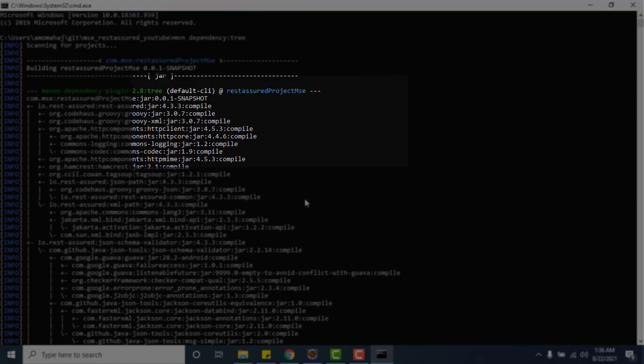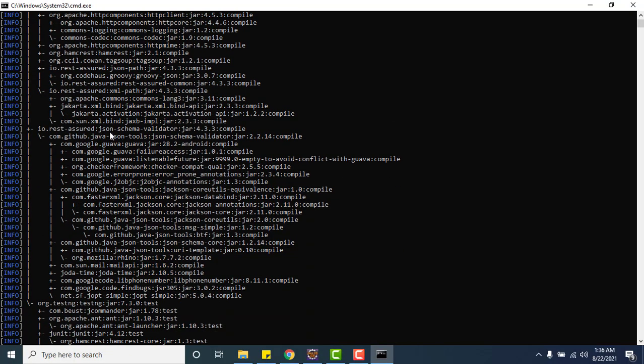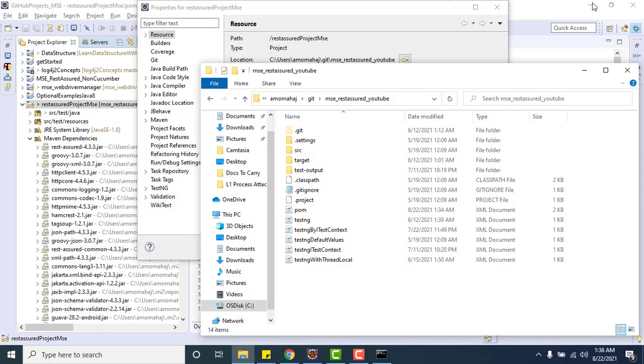Using this command we can see all the transitive dependencies. If you see here, JSON schema validator, inside this we have Jackson data bind, Jackson annotation, Jackson core. Since all the transitive dependencies are also downloaded and added to your project path, that's why we are not getting any error when a Java object is converted or mapped to a JSON object.